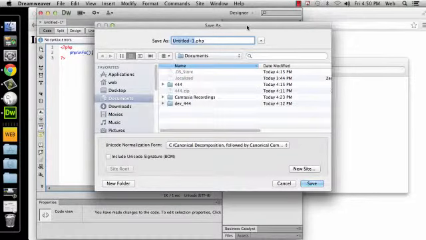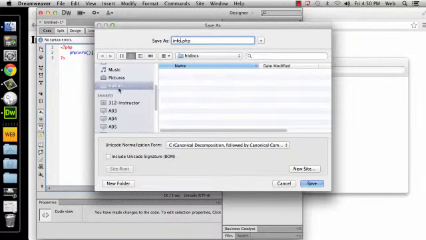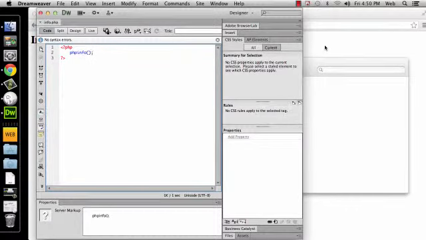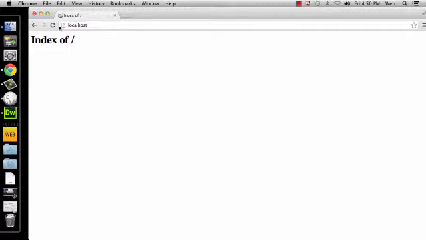And I'm going to save it as a file name called info. And I'll tell you where I'm going to put it: in my htdocs folder, right here at the root level of htdocs. And so now, if I go here to localhost and I refresh it, now you can see there that